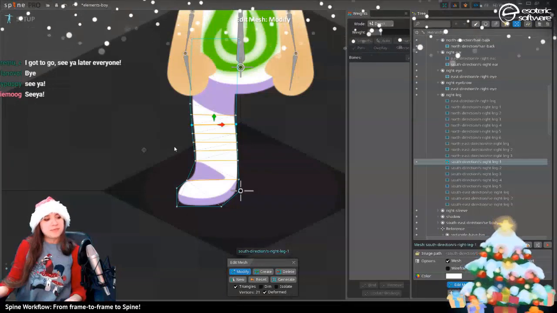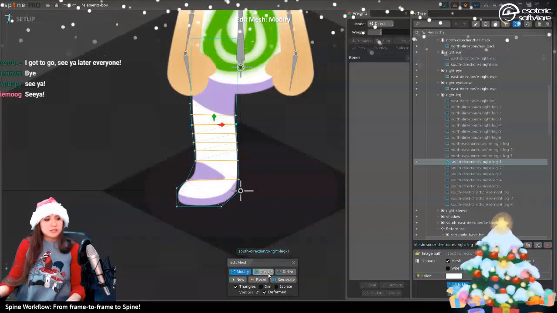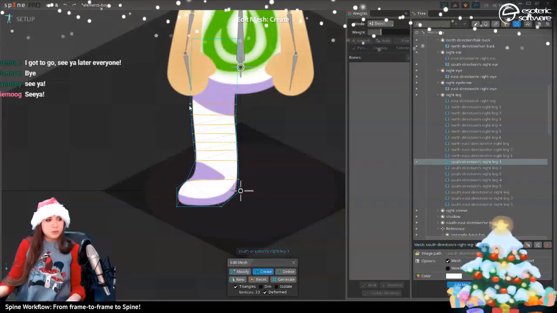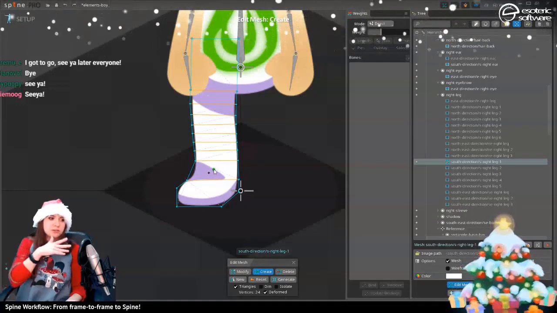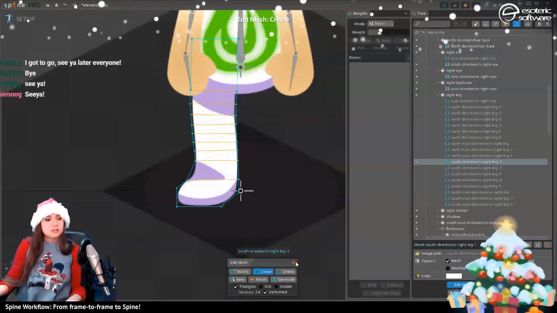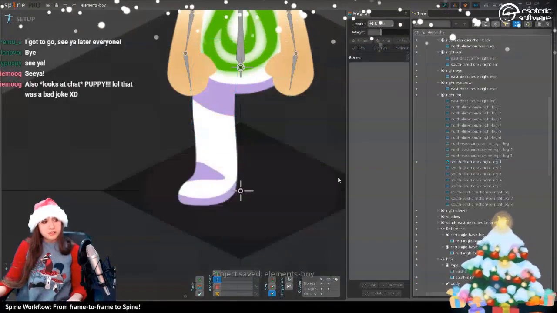Cool, so since we have all these sections, maybe I'll create just a couple more here and here until the leg isn't seen anymore. At that point we don't care. So we press that and we're about to create the